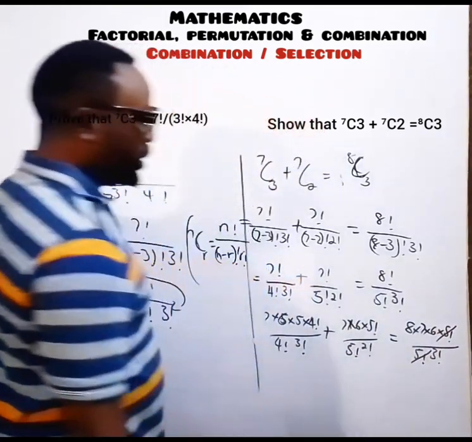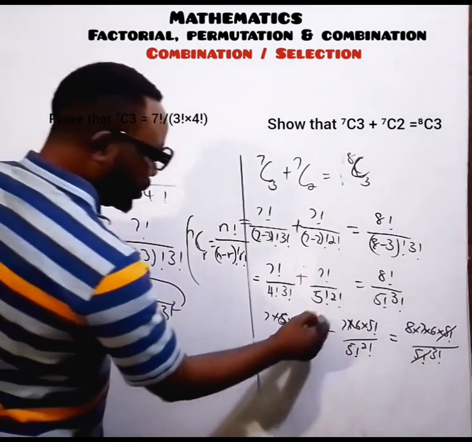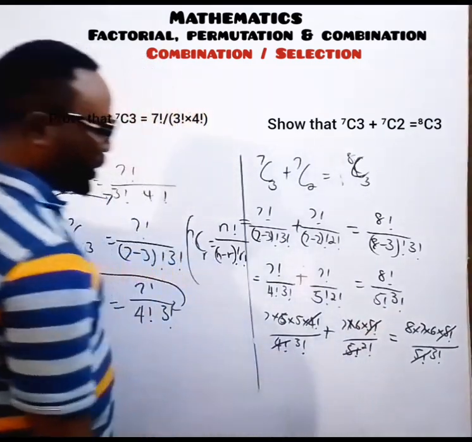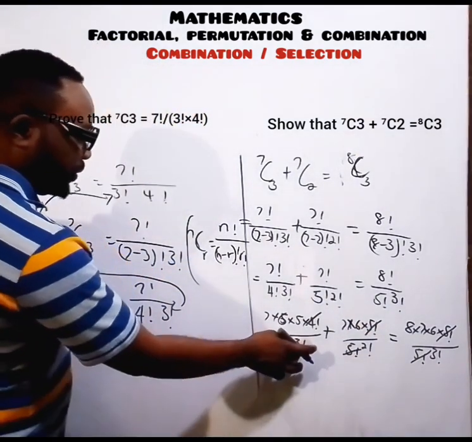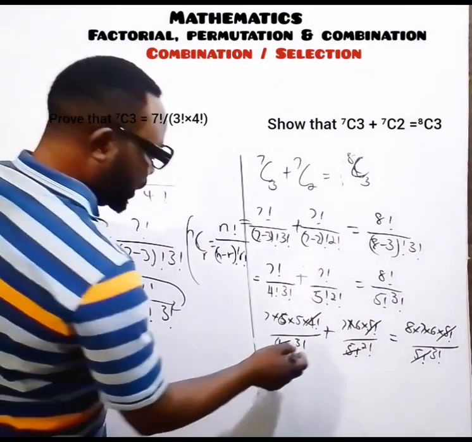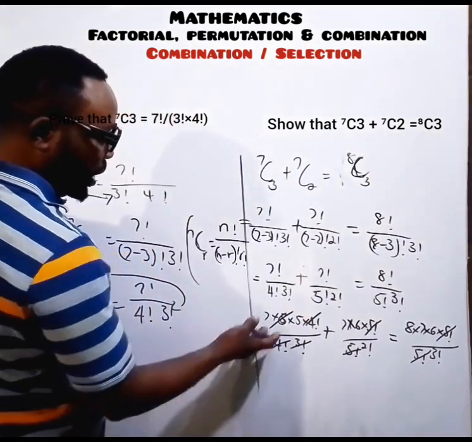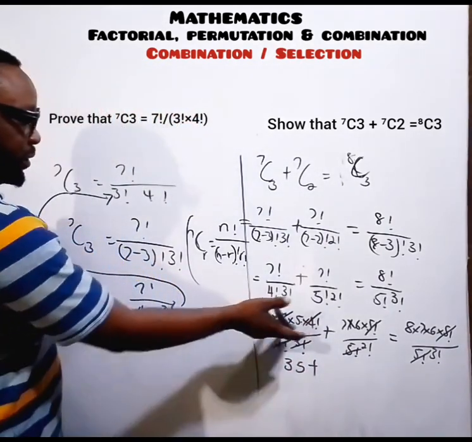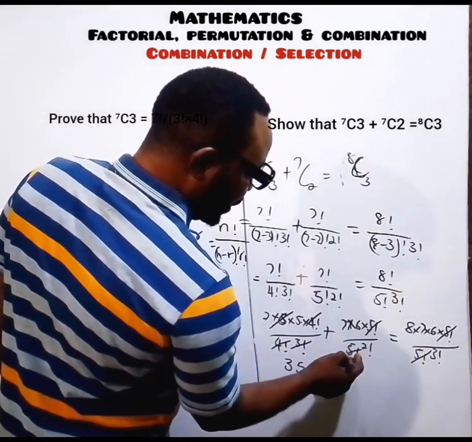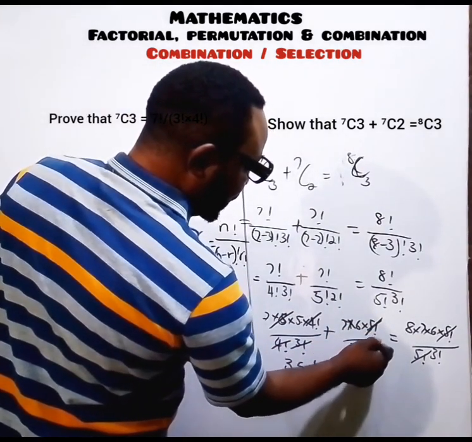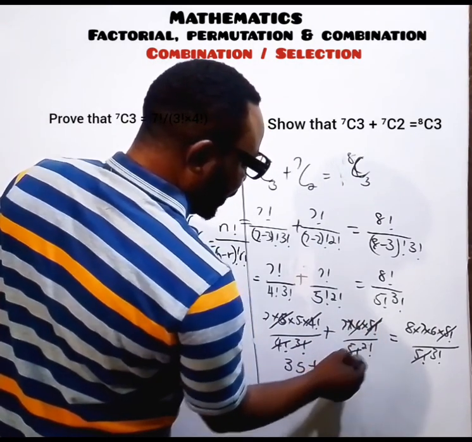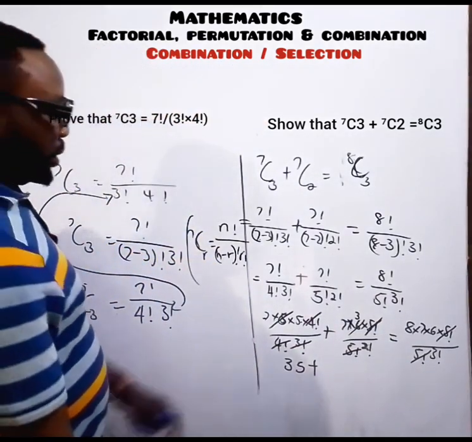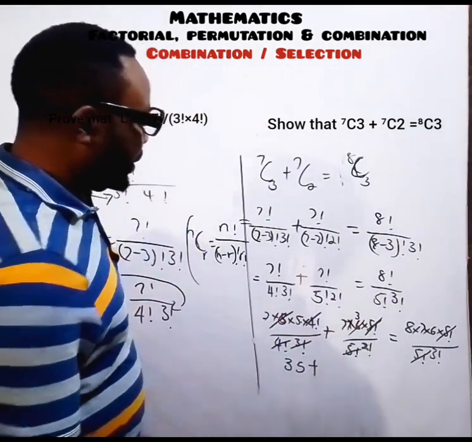This 5 factorial cancels this 5 factorial, and this 4 factorial cancels the 4 factorial. Now, 3 factorial will be equal to 3 times 2 times 1, that will be 6. So it cuts this one. So we have here 7 times 5 is 35, plus, we have 35 here. Plus this here, the 5 factorial has been cut off. This 2 factorial is 2 times 1, so 2 into 6 is 3. 7 times 3 will be